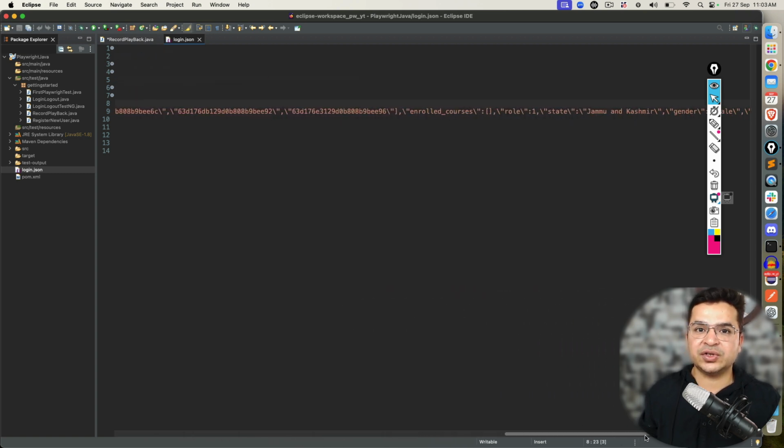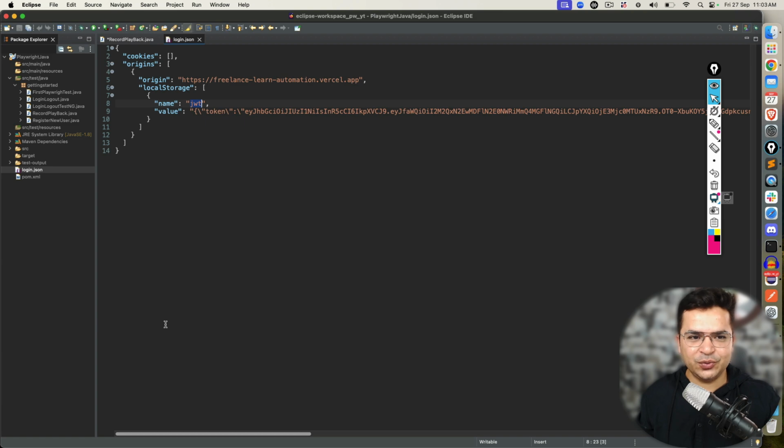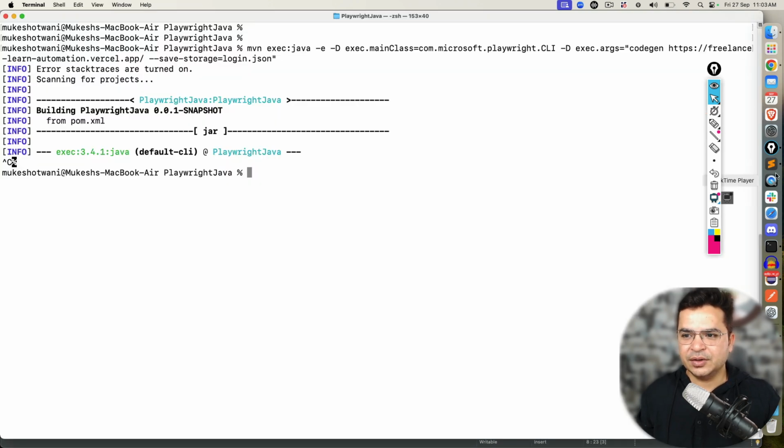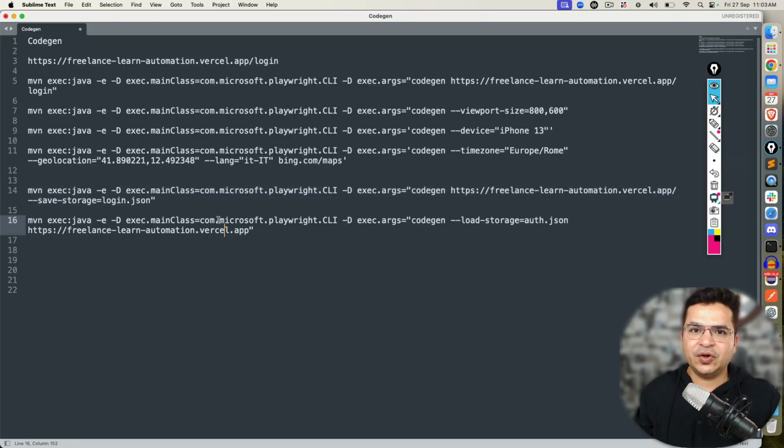Now I can reuse this. Okay, how to reuse? Let's see. Next time whenever you want to use this, instead of using this command, which is save storage, I will use something called --load-storage, and you need to provide the file where the state is available. In our case, I changed to login, right? So I will change it here. If you don't change, keep it auth.json. And now when I execute this,